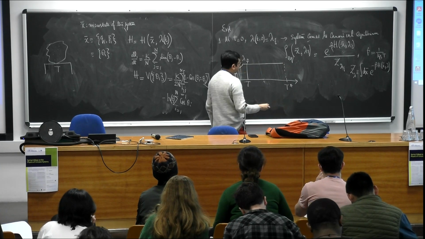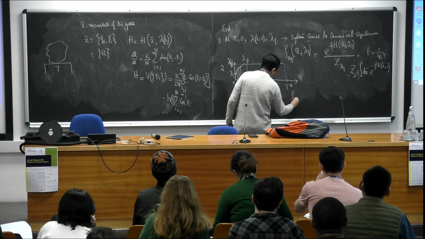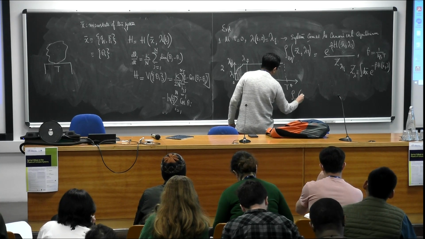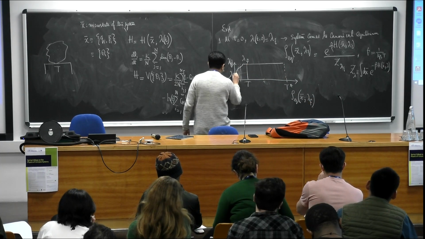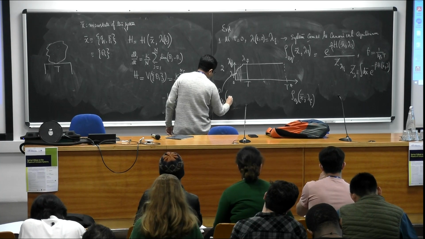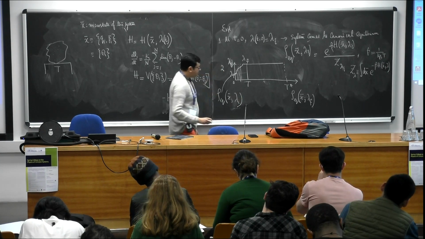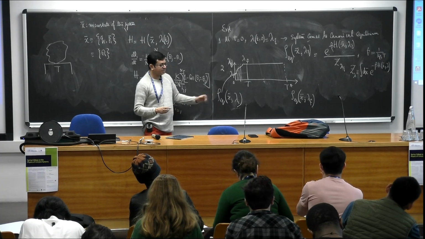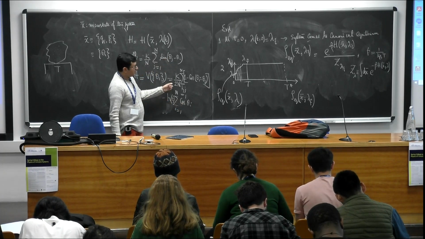The system will come to a new equilibrium corresponding to this new value of lambda. Is the experiment clear? So what I am doing in the experiment is, by changing the magnetic field, I am